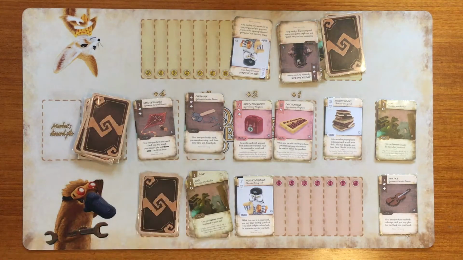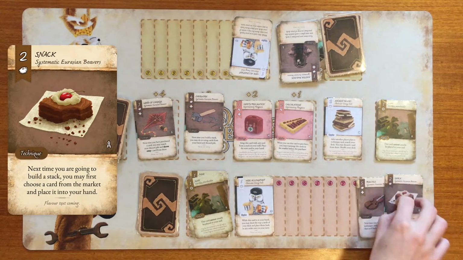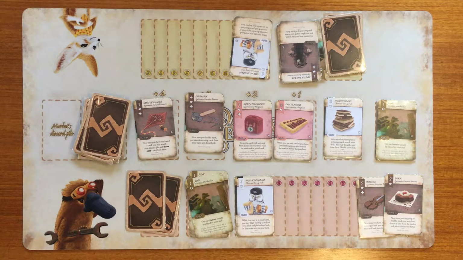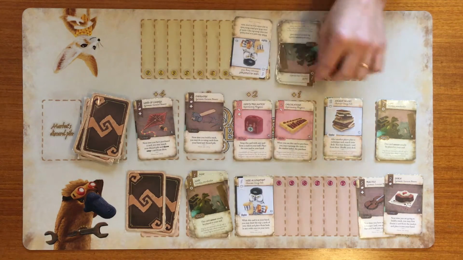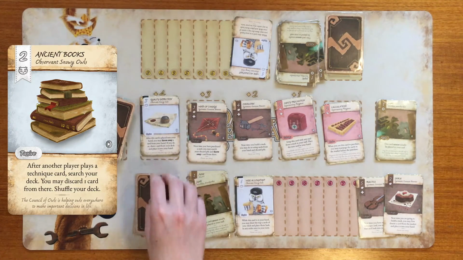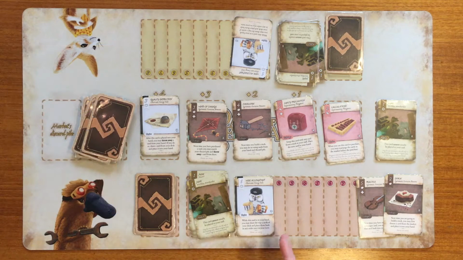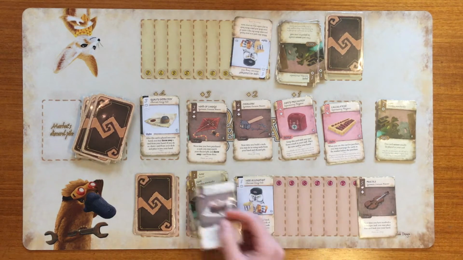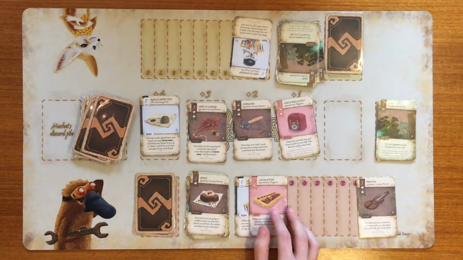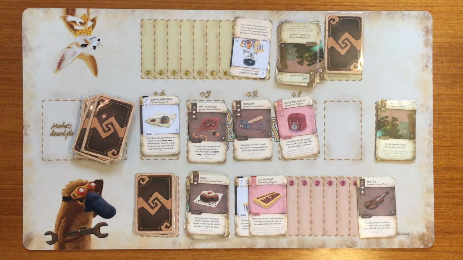I'll play snack to my schedule, which lets me take a card from the market into my hand just before I build my next stack. Just use my chunk to buy ancient books. And now I will build my number 2 to my stall, and thus I can use the snack to take the calculations to my hand and then use that to build the second stall. And after that,